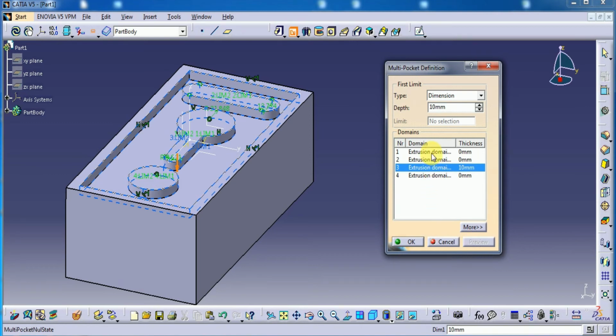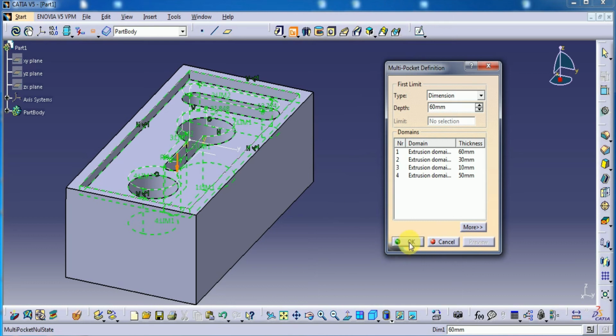Okay, now I am selecting second one. Here I am removing 30. Here I am selecting 50. Here I am selecting 60. Let's say preview. Okay,